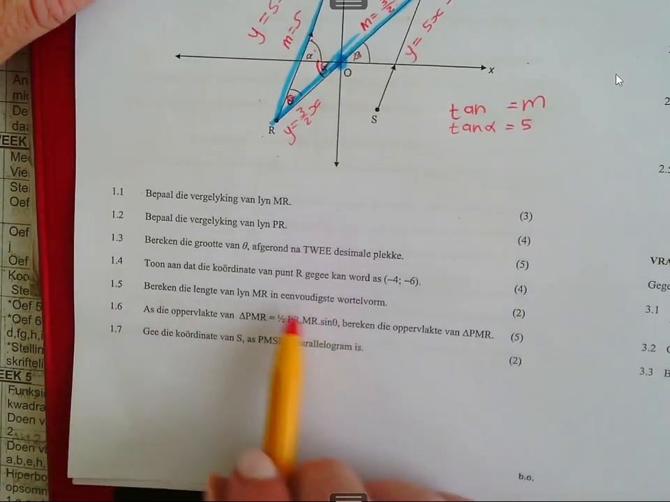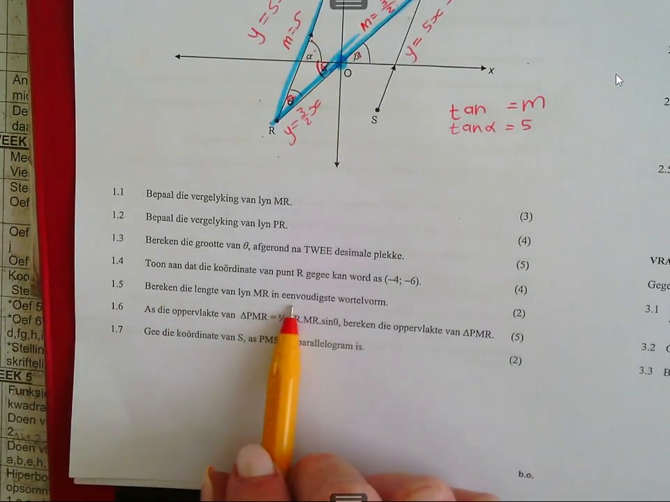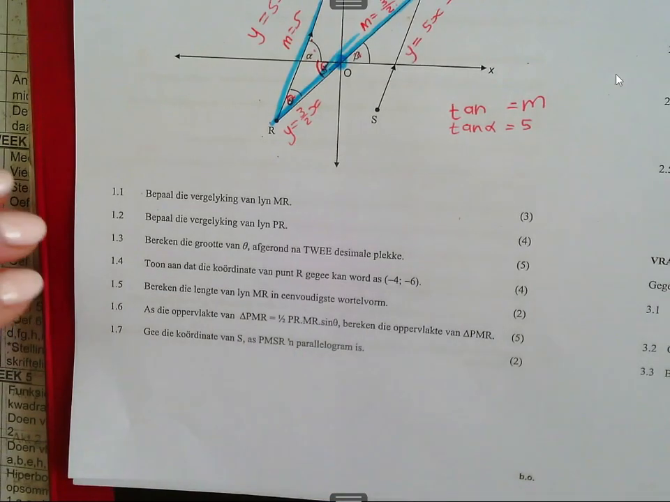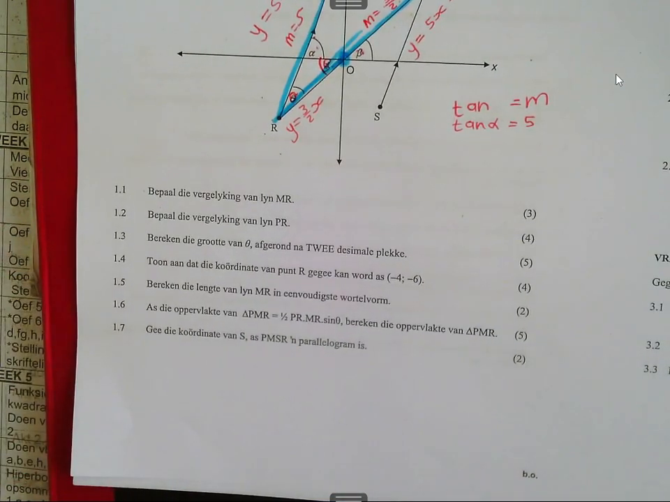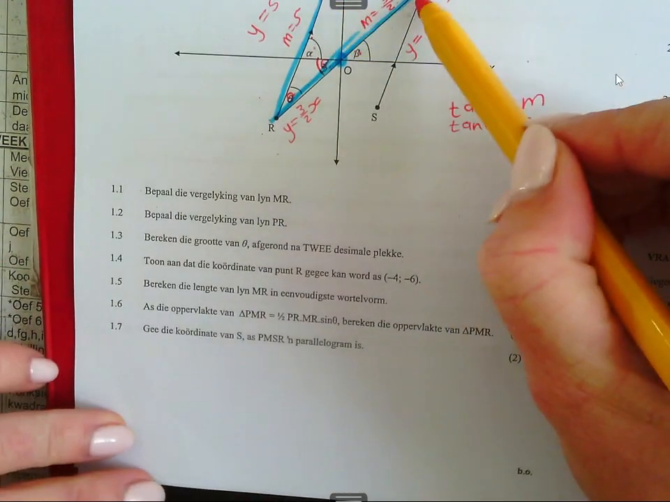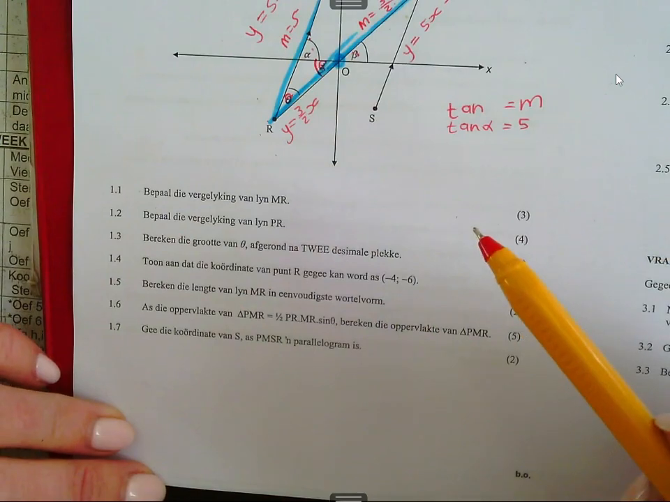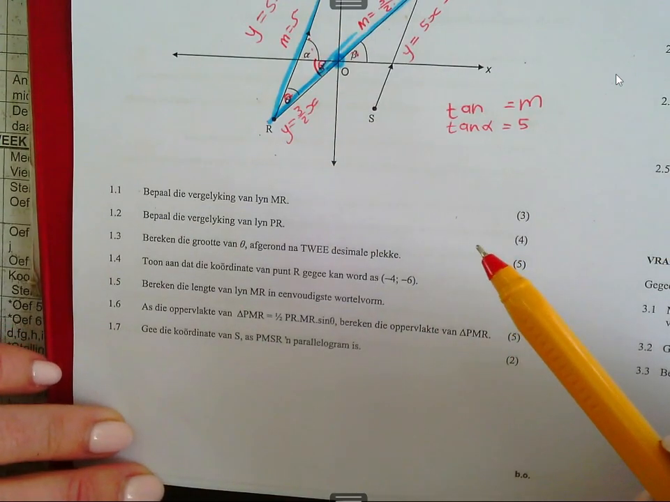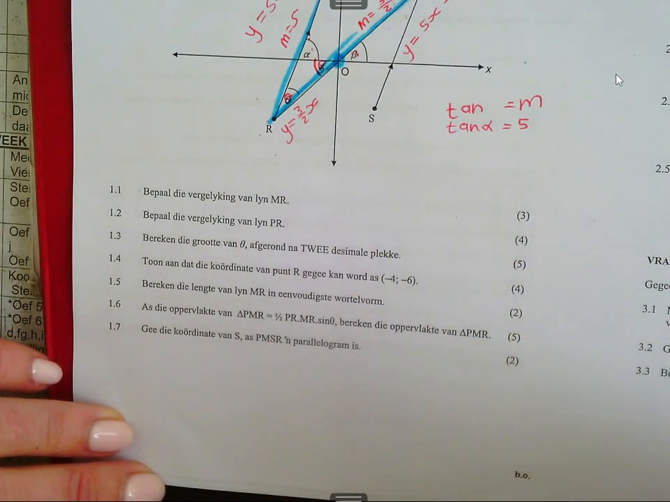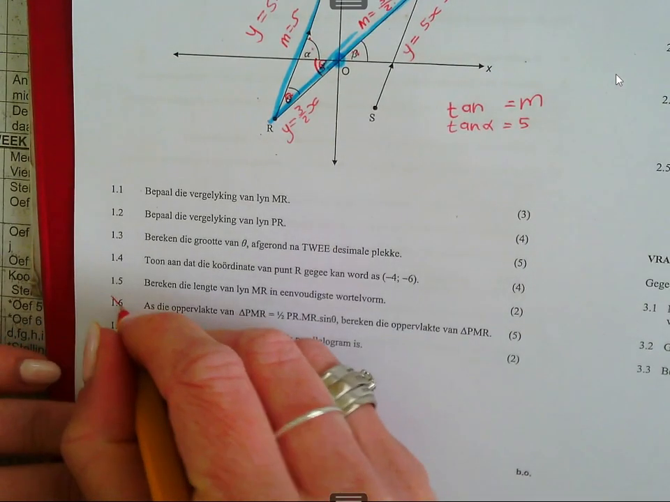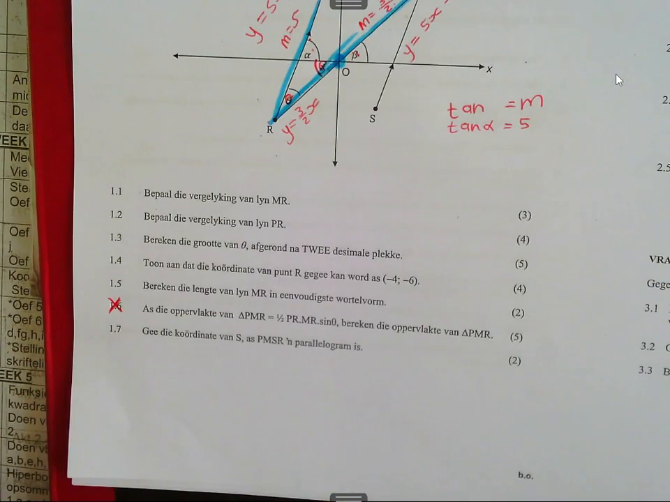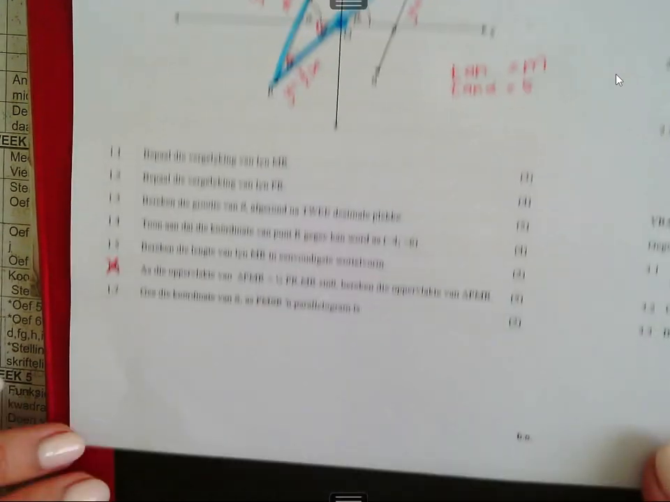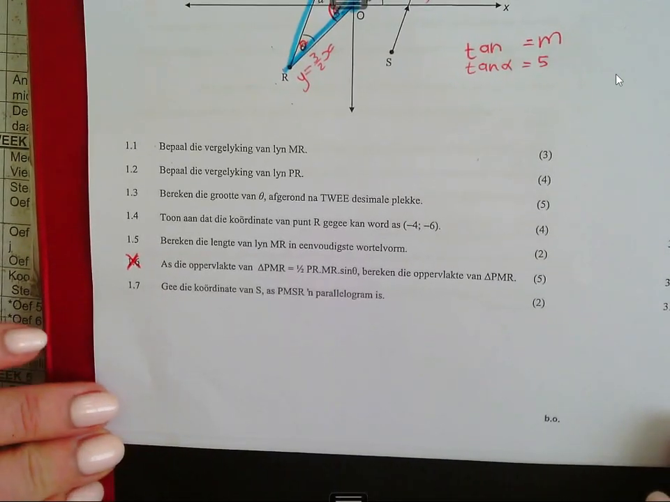Ok, bereken die lengte van MR. Ek gaan nie daar in dit kom nie, dis maar net die afstandsformule met jou twee koördinate. En dan sê hulle by 1.6 die oppervlakte van PMR is gelyk aan die helfte van PR.MR sin theta, bereken die oppervlakte van driehoek PMR. Hierdie is 'n som wat ons die trig nodig het van die derde kwartaal, so jy hoef hom glad nie te kan doen nie. Dan vra hulle gee die koördinate van S as